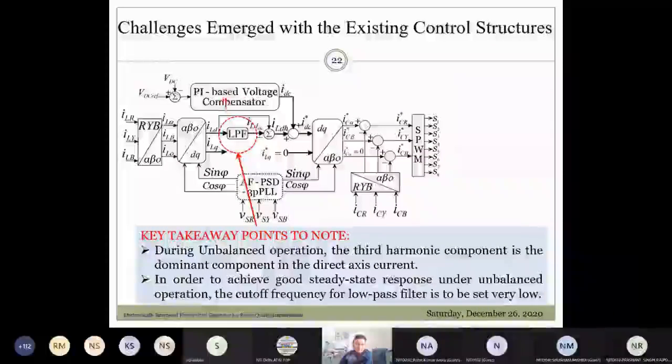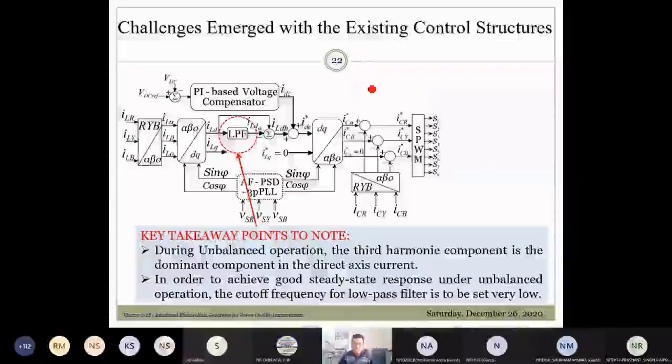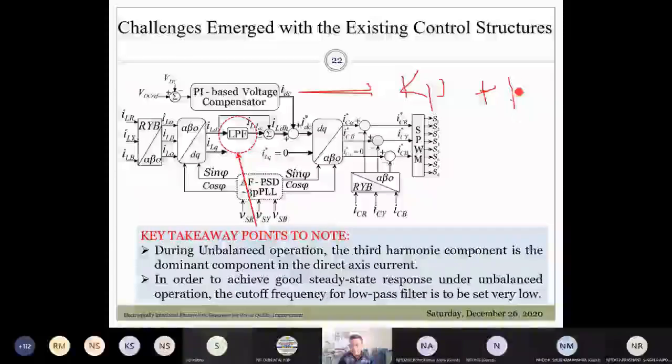Secondly, if I talk about this PI controller, let me talk about the concept. So this proportional integral based feedback controller has a pole at the origin. The moment I say the pole at the origin, it means S is equal to 0, and therefore it introduces infinite gain when exposed to DC quantities. So let me put it another way. Let me write the transfer function. That is Kp plus Ki by S.